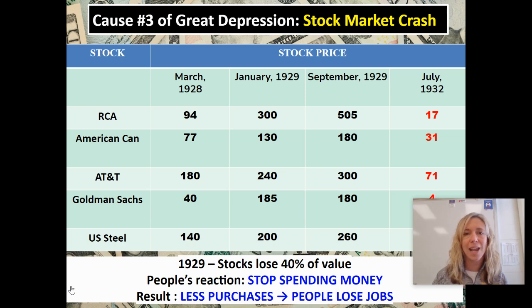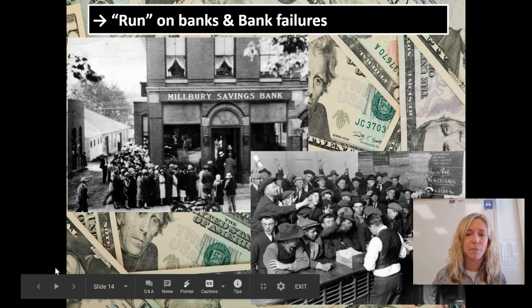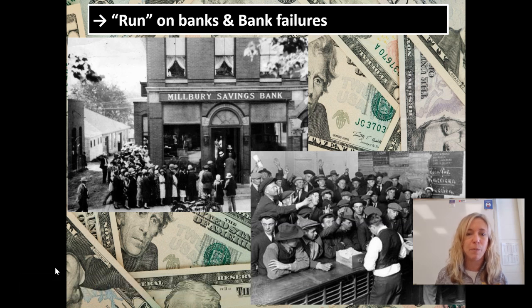But again, this didn't happen overnight. There was a lot of economic factors that contribute to kind of this unstable economy. After the stock market crashes, there's a run on banks. Literally, people would run to the bank because they were scared that their money might not be there. And if everyone runs to the bank at the same time, there you can see the outside and the inside